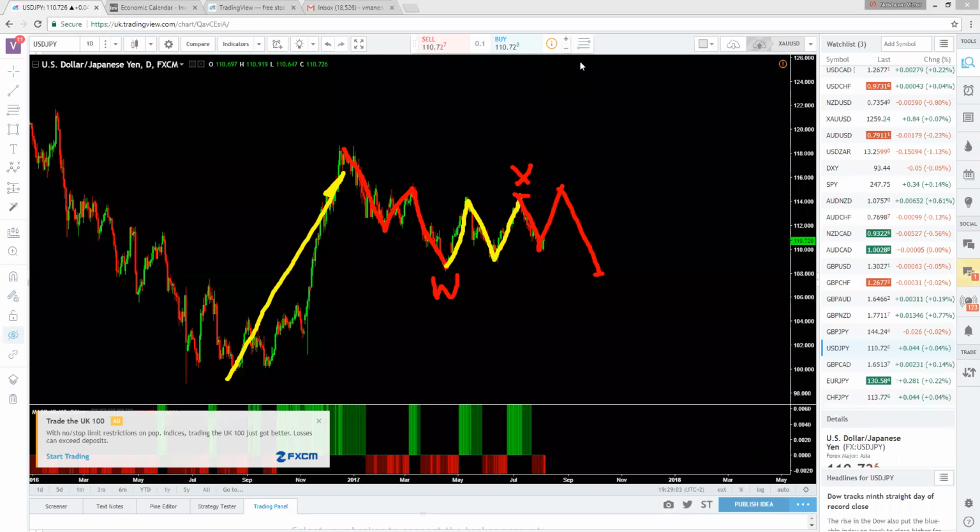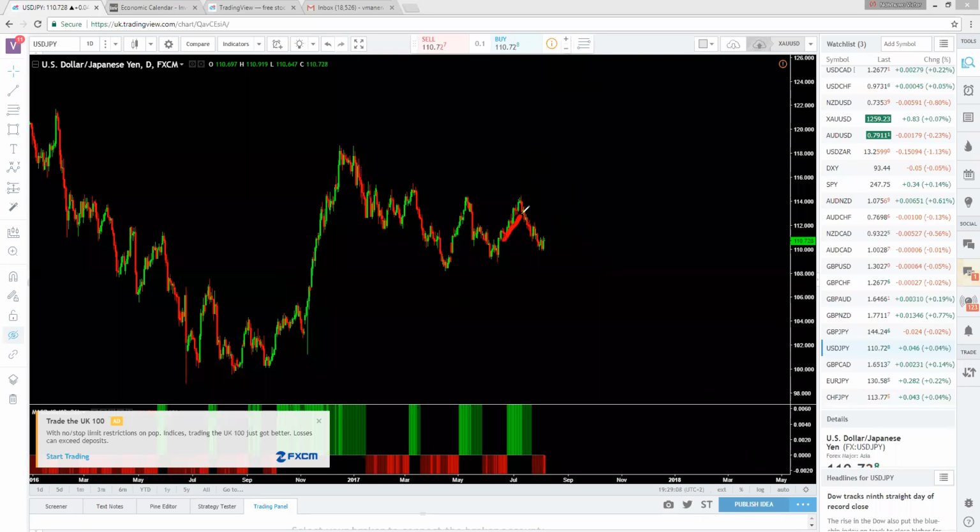We shorted it here when it broke this uptrend. So we've been on this trade from here because we knew that this pattern was completed when we were breaking down. But this pattern has now started. We know that whatever pattern it's going to be, whichever pullback is going to be, whether it's deep or shallow, or it's 50% to 78%, or it breaks this top, we will only sell it when it breaks this correction to the downside to complete. And when it completes,